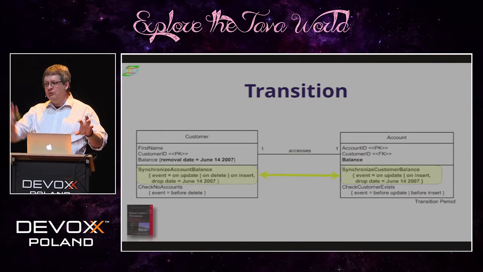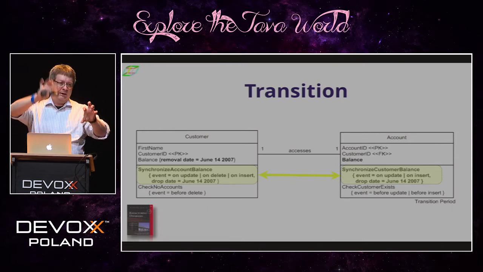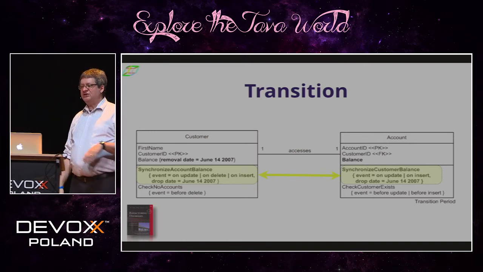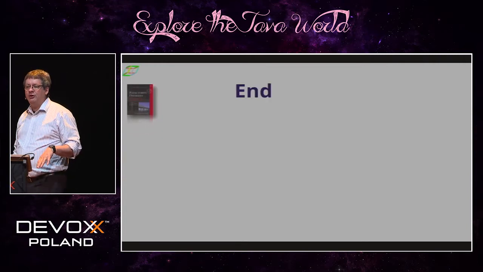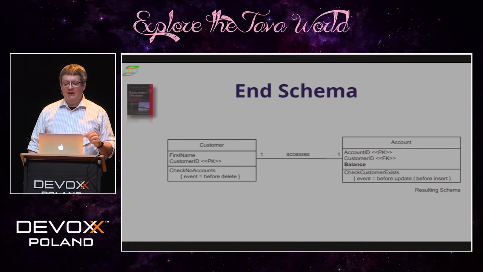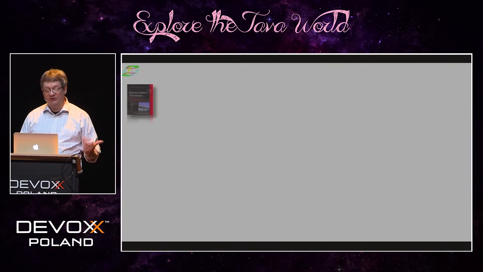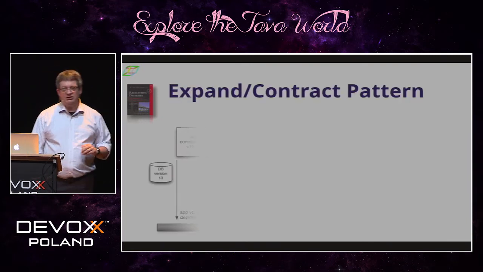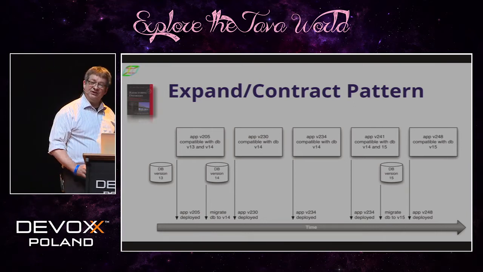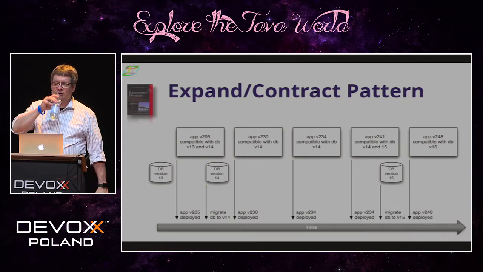I can support the new version of the schema and the old one side by side long enough to get B and C migrated over to this new schema. Once that's done, I can go and finish this refactoring, get rid of the trigger, get rid of the original balance column, and this allows me to actually shift those schemas over time without breaking things. This is talked about in the Refactoring Databases book. This is the expand and contract pattern for doing database refactorings, and this in many ways is the get out of jail free card for we're coupled at the database architecturally.